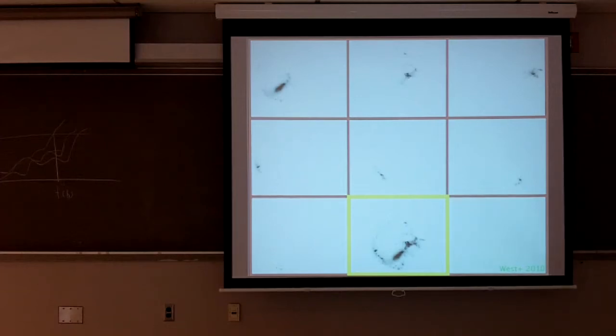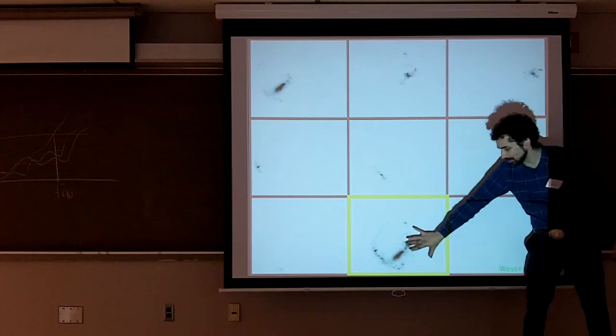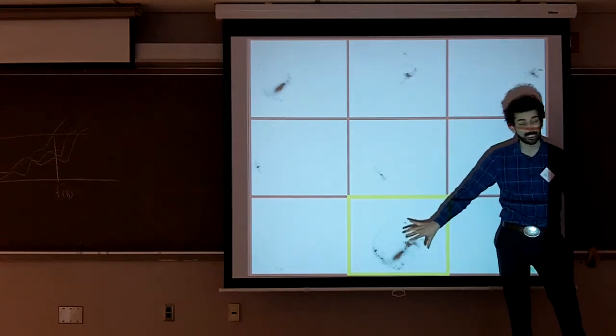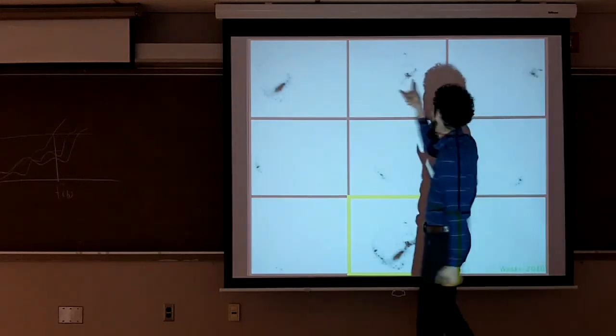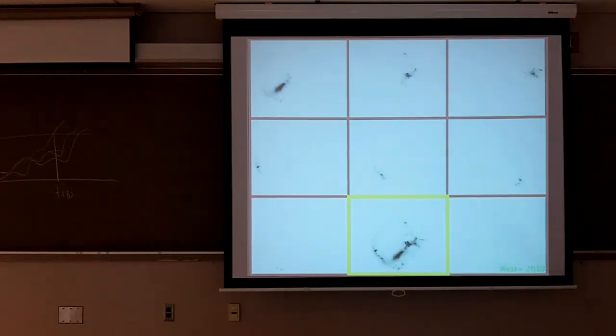This is work by Andrew West, who did a lot of work trying to reconstruct large galaxies out of the photometric pipeline from Sloan. This is a known problem, but he posed it very well, showing that if you have a galaxy here, a nearby known large galaxy, the photo pipeline, through a process called deblending, will take it apart into all these little objects. So it doesn't like the idea that objects are extended. It knows galaxies have some size, but we're not designed around this kind of principle. That makes sense.